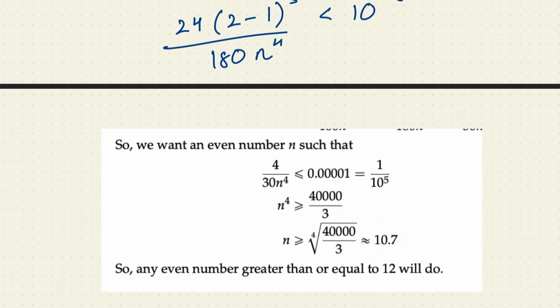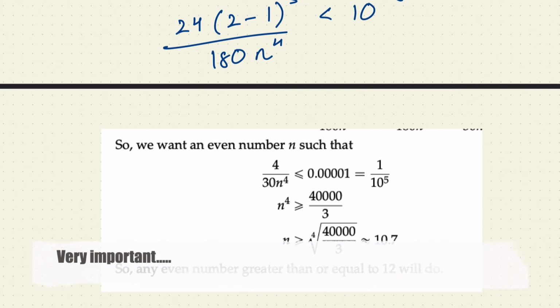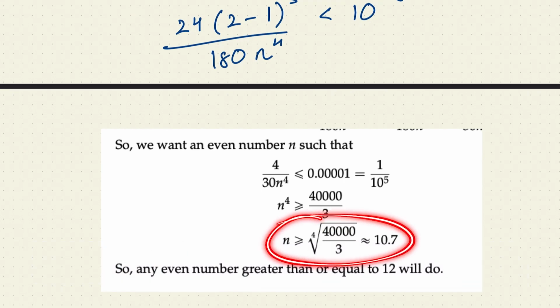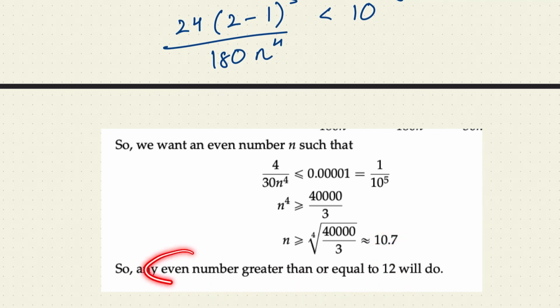And there is one very important point about the Simpson's rule approximation: the number of subintervals should always be even. And we also know a second property of subintervals, that they should be a whole number, right? So basically, to sum it all up, in Simpson's rule our n should be even and also a whole number. So in this case, we have to pick a whole number which is even and is also greater than or equal to 10.7. The next even number which comes after 10.7 is 12. So if we have any even number which is greater than or equal to 12,